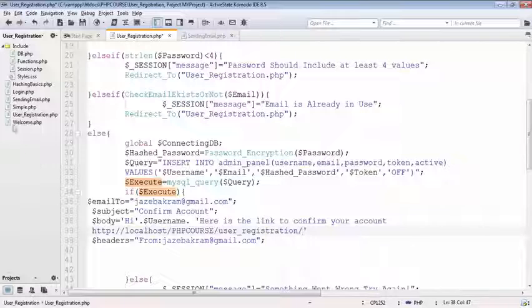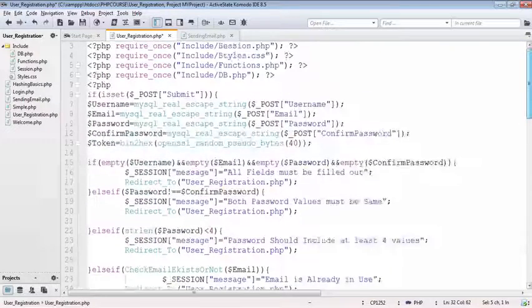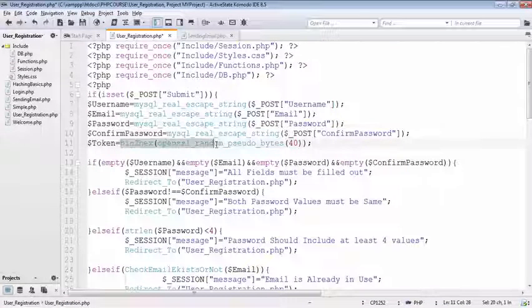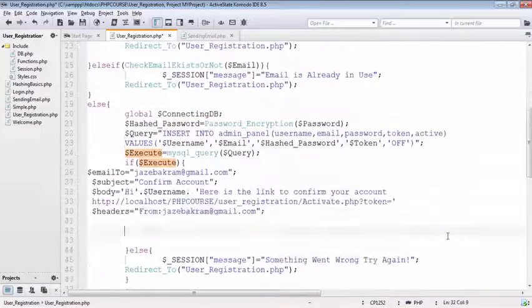Then we will have all of these files, and here we are going to create one new file, activate.php. So I'm just going to pass that file name here, and for the search query parameter I'm going to pass the token, and that token will be equal to the token that we will create by the bin2hex openssl_random_pseudo_bytes function. So now adding this token,